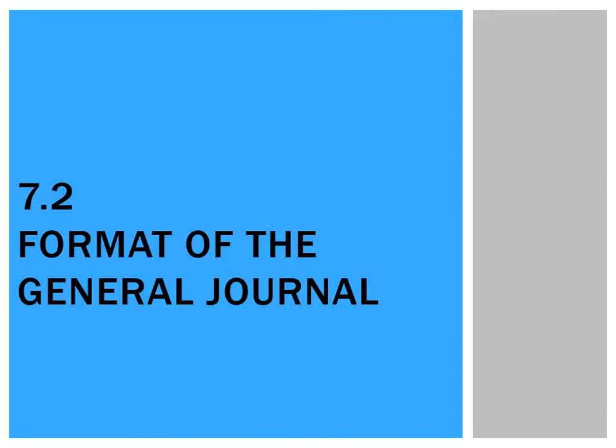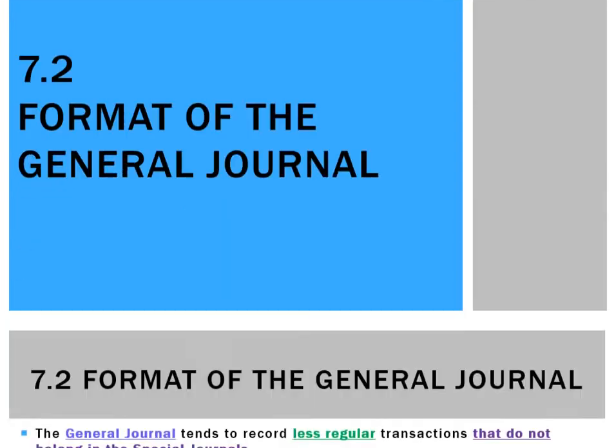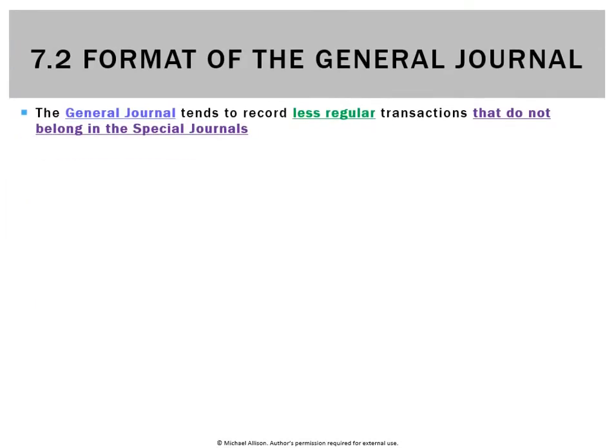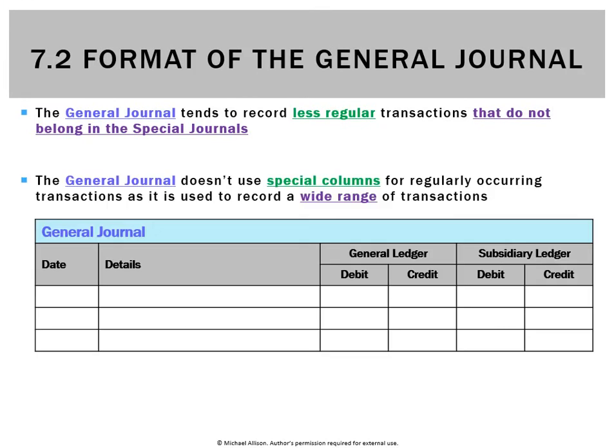In the previous section, we looked at why we need a general journal. Let's now look at the format. Because it tends to record the less regular transactions of the business that don't belong in the special journals, it doesn't have any special columns. Because there's potentially a wide range of things that could go in the general journal, we're just going to